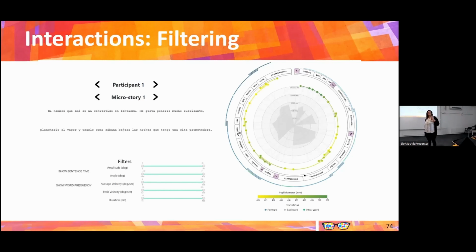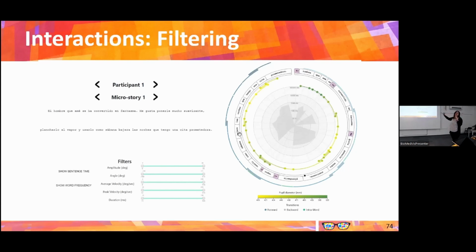We have some more. Thank you for the interesting talk. I have a question about the eye tracking. Is this analysis based on one sentence? Yeah, for example, the circular one. These are one sentence or two sentences, micro stories. We have a limit with size.